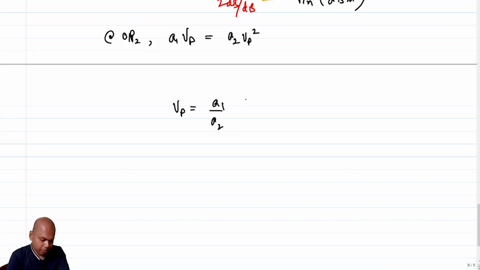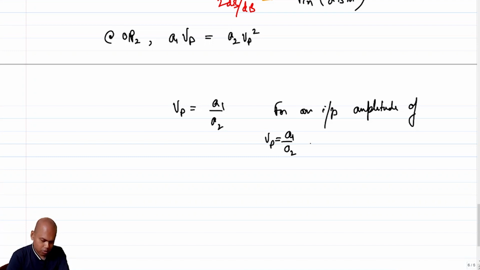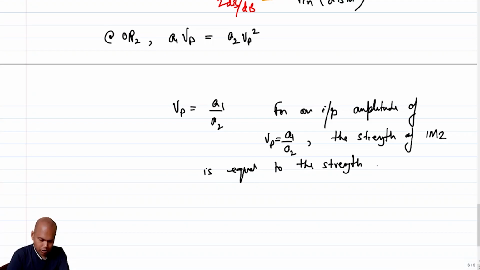So this in plain English means that for an input amplitude of Vp equal to A1 by A2, the strength of IM2 is equal to the strength of the fundamental,